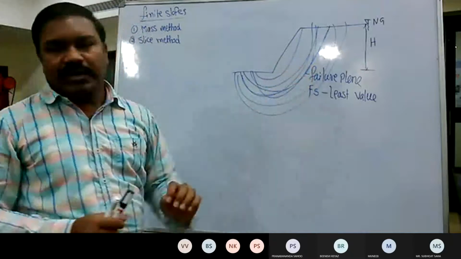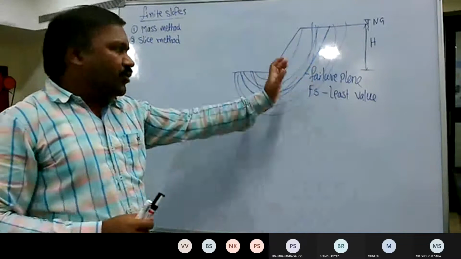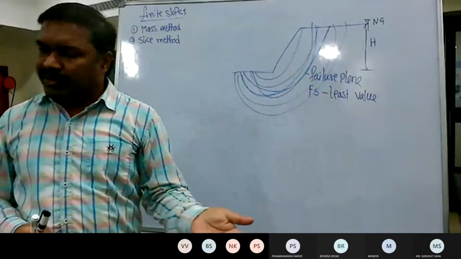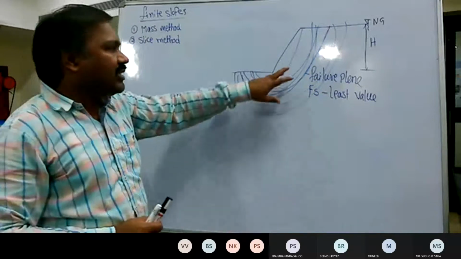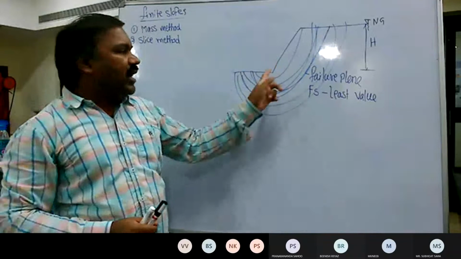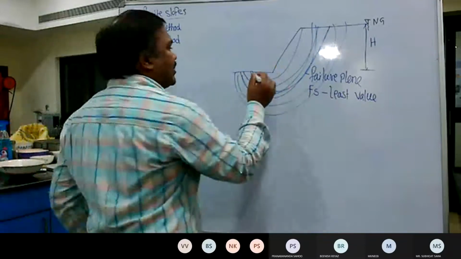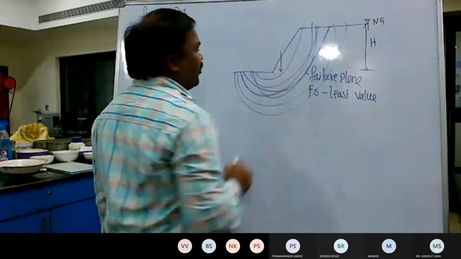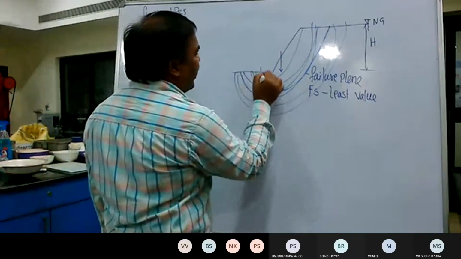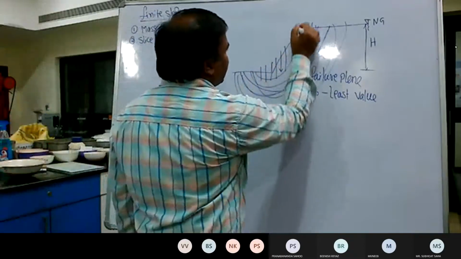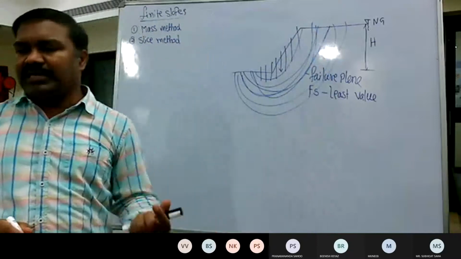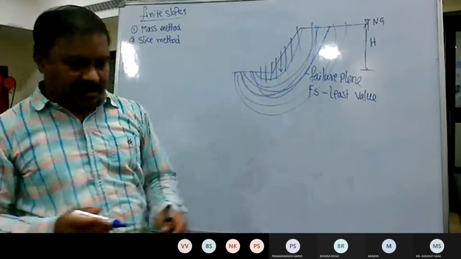Having understood the complexity involved in finding the failure plane with the least factor of safety, try to consider only one failure plane and understand how to derive the factor of safety equation. Initially, since this is the failure plane, if I consider the entire soil area as one whole mass, what would be my factor of safety value? Or if I divide this area into many slices, does the accuracy of the factor of safety increase or decrease? They found that it increases.